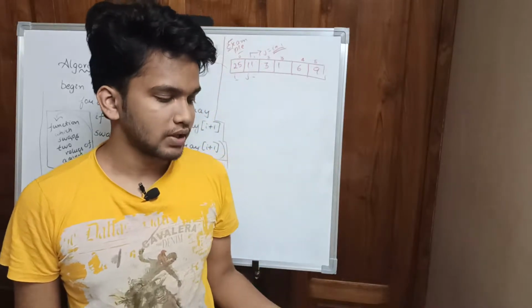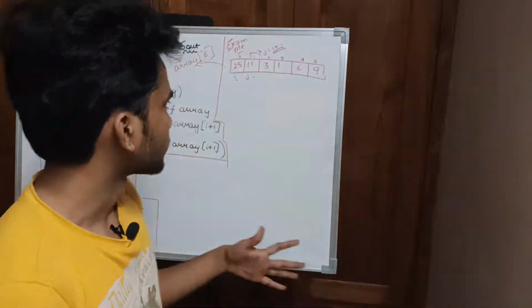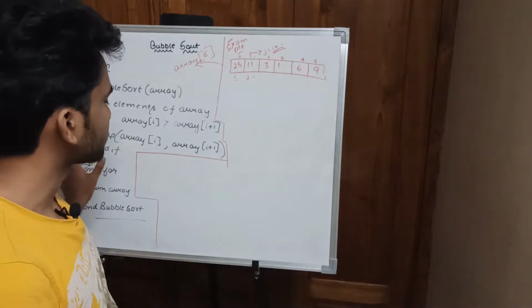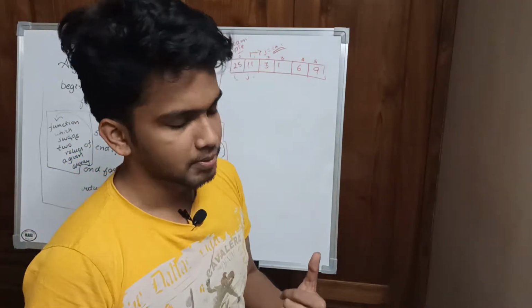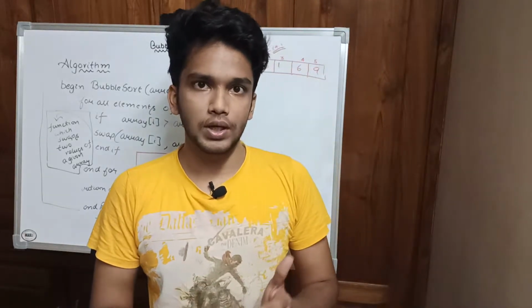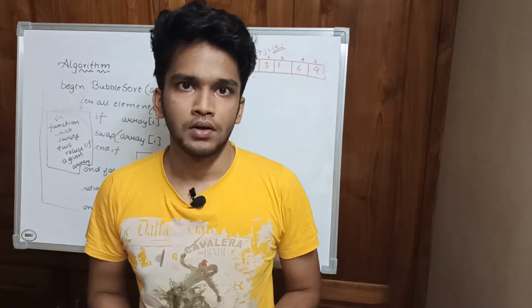So in the previous video I said we will start with the bubble sort, and let's get started. The bubble sort algorithm is written here, but before looking into this part we will understand it with an example. So what is the logic in the bubble sort? The basic logic in the bubble sort is swapping two elements. So how is this swapping performed?